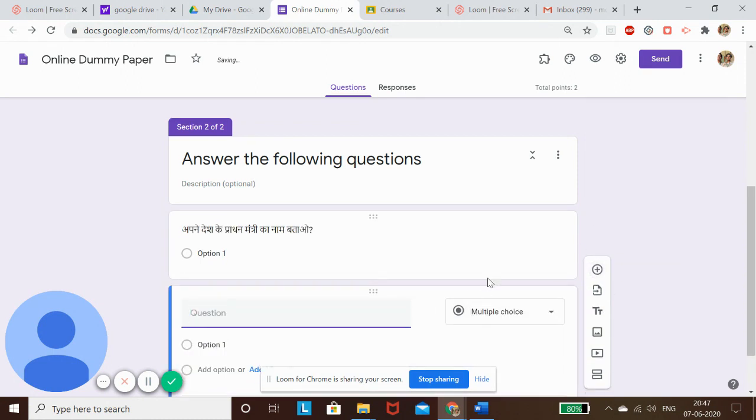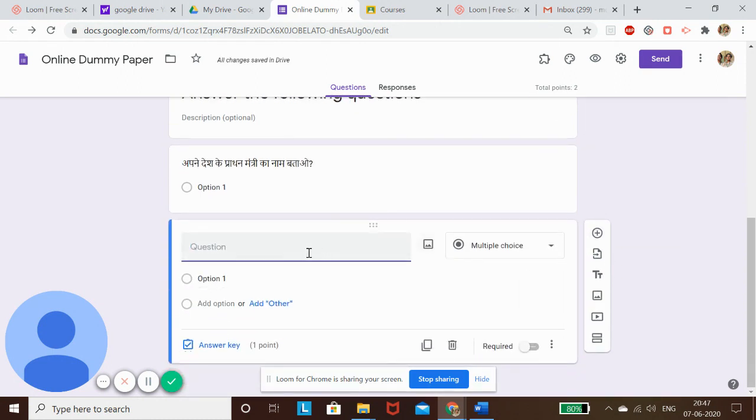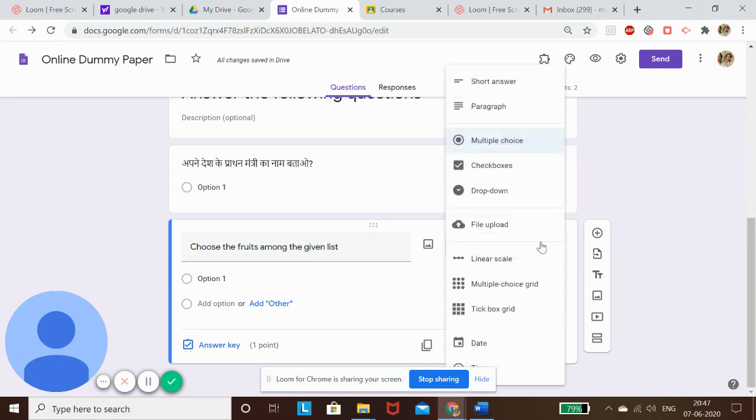Now, another important thing you have to notice here. Let us suppose I am adding a question which has multiple correct answers. For example, I said, choose the fruits among the given list, and I have converted my answer into checkboxes.